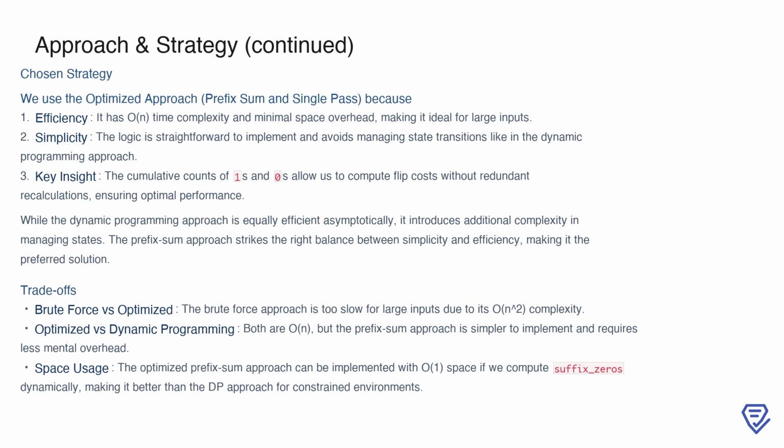Unlike the dynamic programming approach, which requires managing multiple state transitions, the prefix sum method is more straightforward to implement, relying only on cumulative counts of 1s and 0s. This simplicity reduces the mental overhead during implementation while still guaranteeing optimal performance. Additionally, the space usage of this approach is minimal, particularly if we compute suffix_zeros dynamically, which reduces space complexity